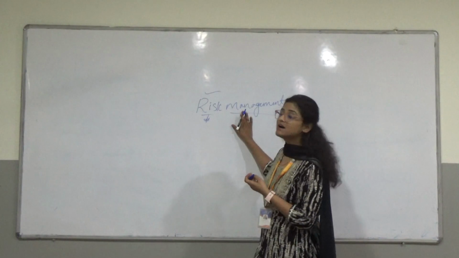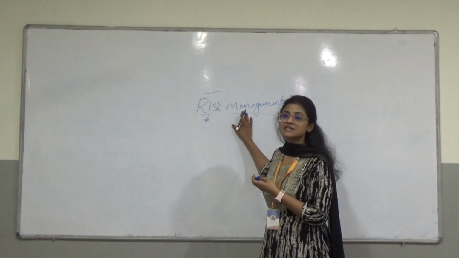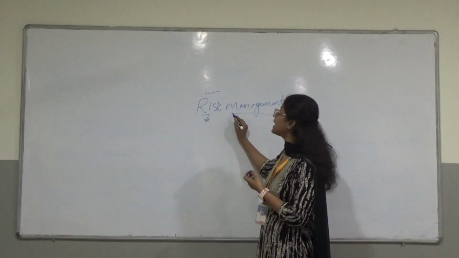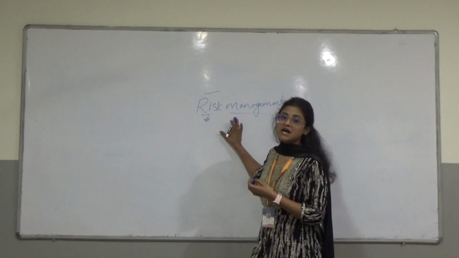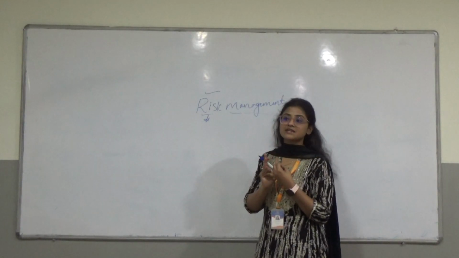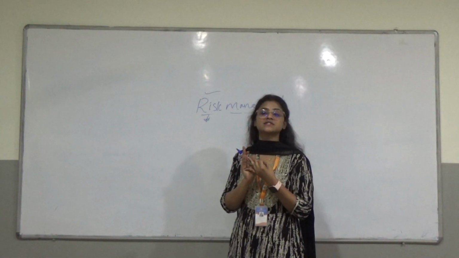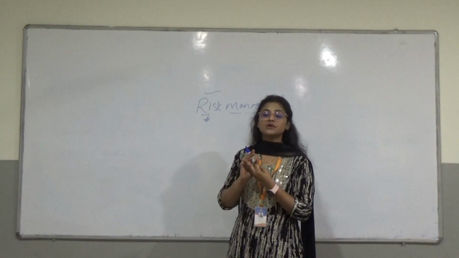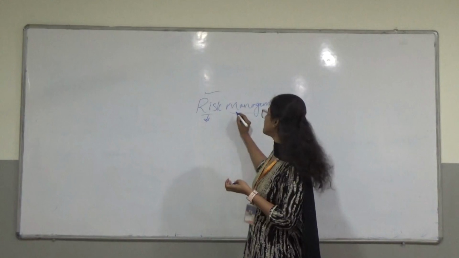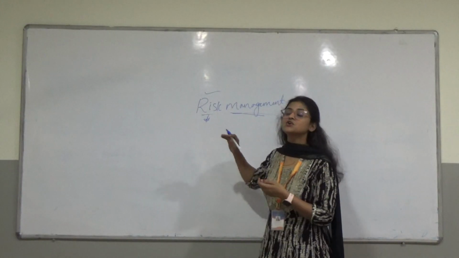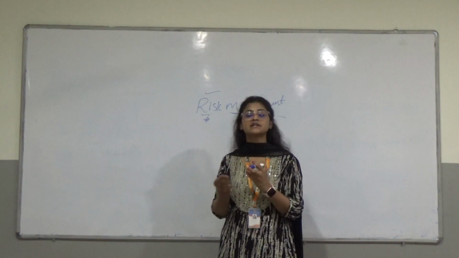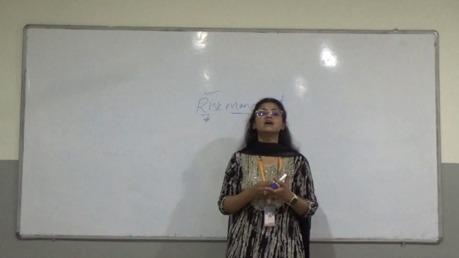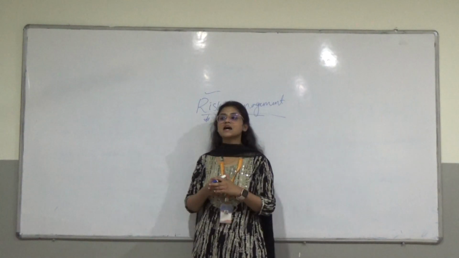And the next one is management. Management is nothing but recovering the product from the risks. That means you are identifying the risk and applying a few steps and activities to recover from that risk, which is known as management. Before you manage the risk, you need to know what the types of the risks are and what the occurrences of the risks are.